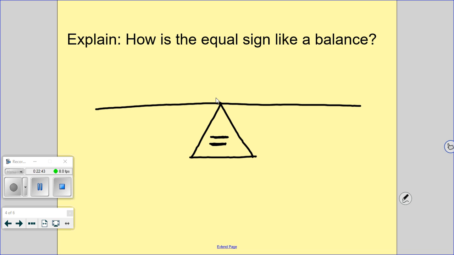So let's think about this question. How is the equal sign like a balance? You should not be drawing on your board. The only thing you've got on your board is what I've got. How is the equal sign like a balance? Bria? Because if you're doing like